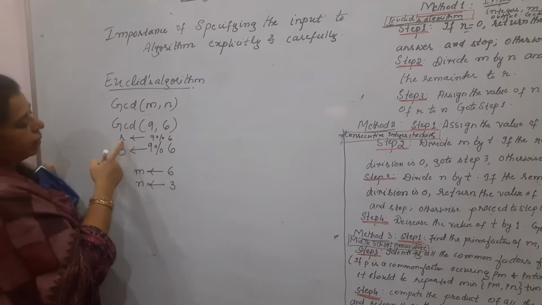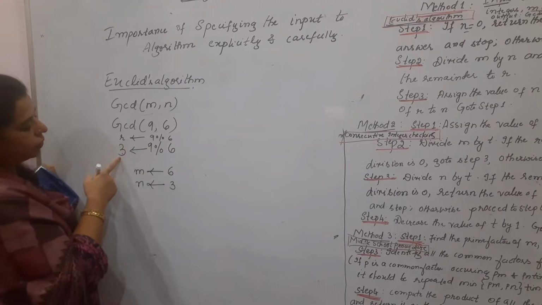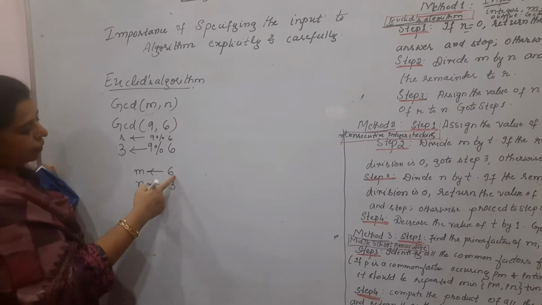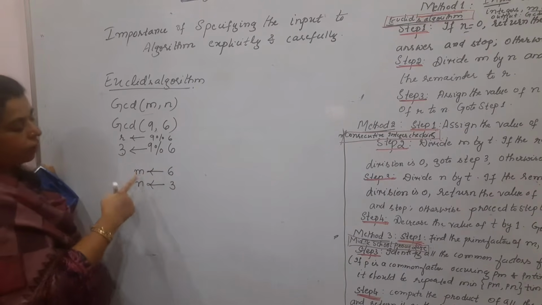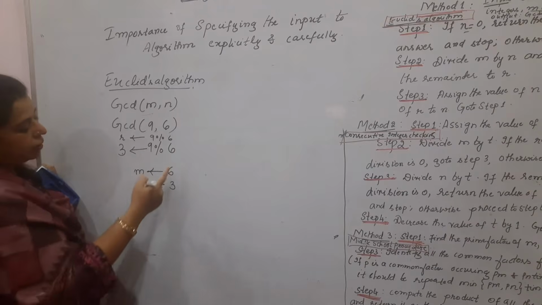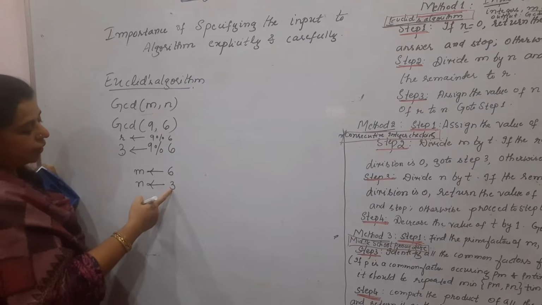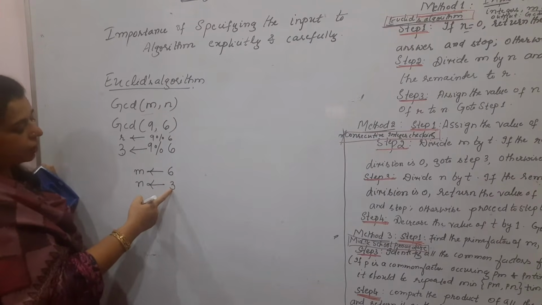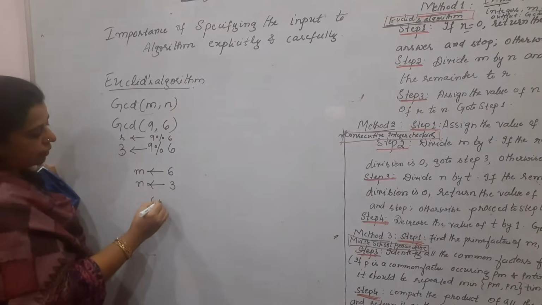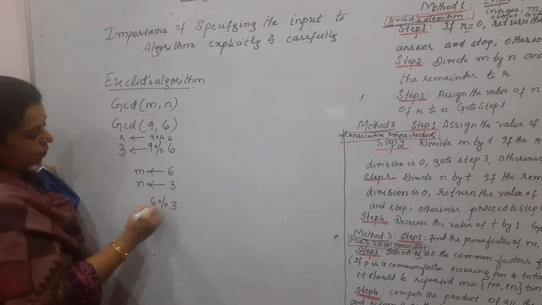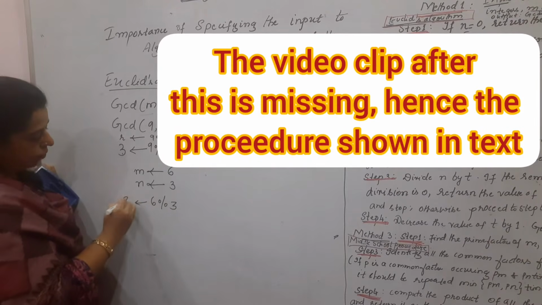The remainder of this is stored in r. Now r is holding 3. 3 is stored in n, and 6 is stored in m. Whatever n was is assigned to m. Once you carry out these steps, you check whether the value of n is equal to 0. No, it is not equal to 0. Then you carry out one more iteration, wherein m value is 6, modulo operation of n, which is equal to what? Now the r value, it is